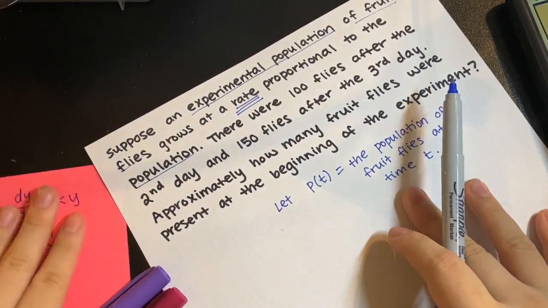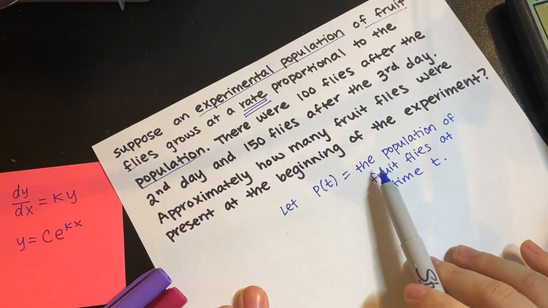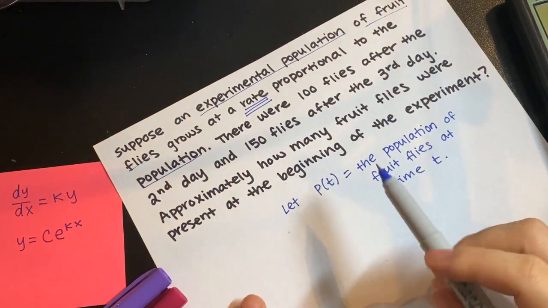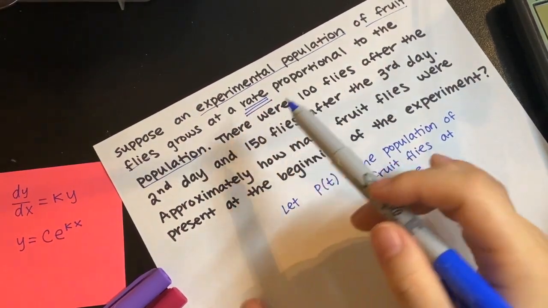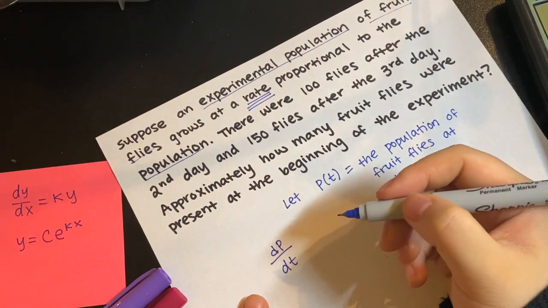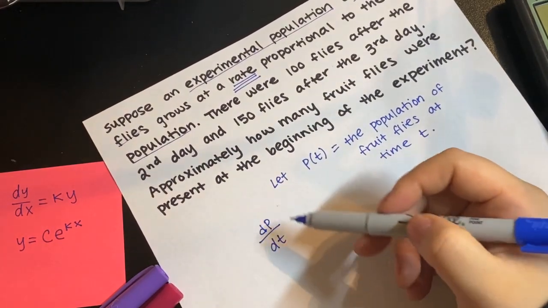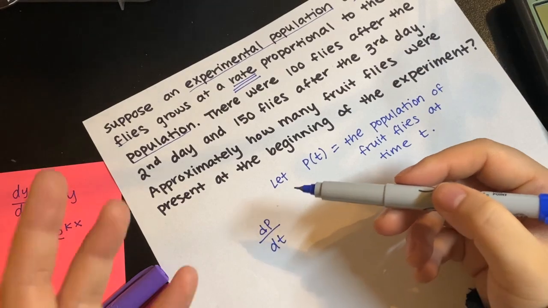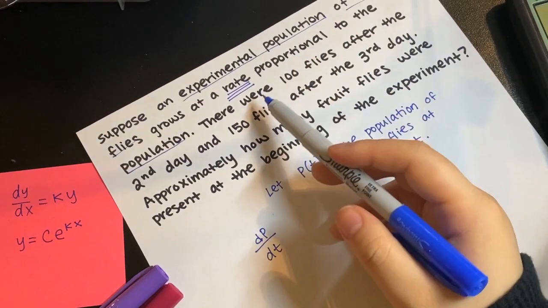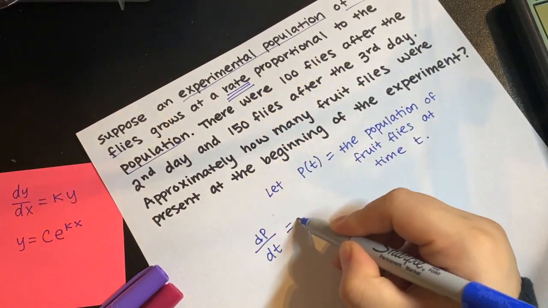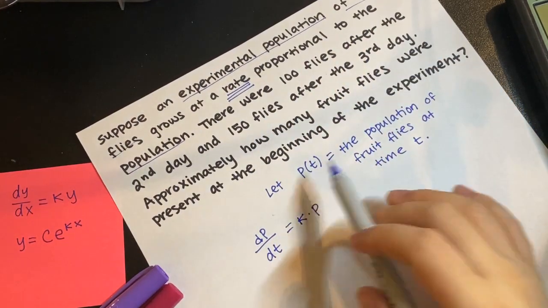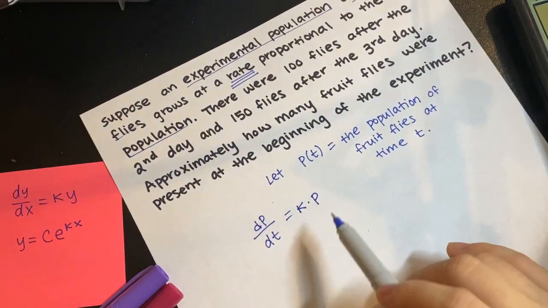But let's say, again, we don't know this formula. Let's just say we have a population. It changes and it grows at a rate proportional to the population. So the rate of change is going to be dP/dt, an instantaneous rate of change at a particular time, and in general it's a function. So dP/dt is proportional, which we'll assume is directly proportional, so we'll have our k times the population, P or P of t. So now we have our general formula.